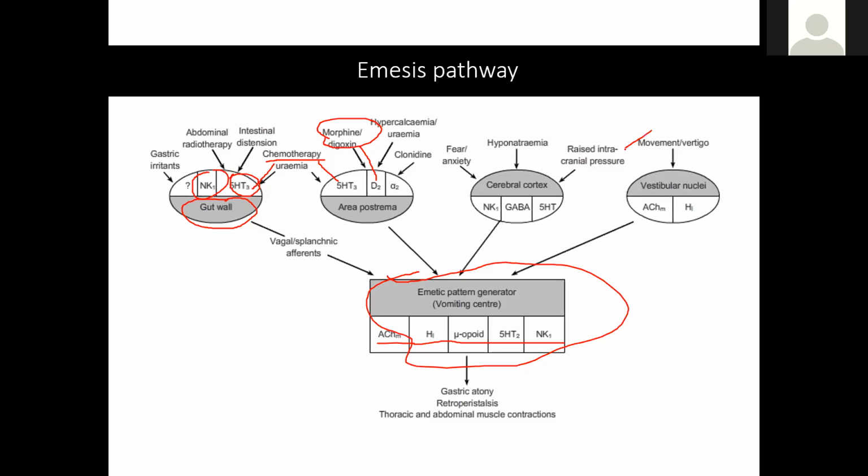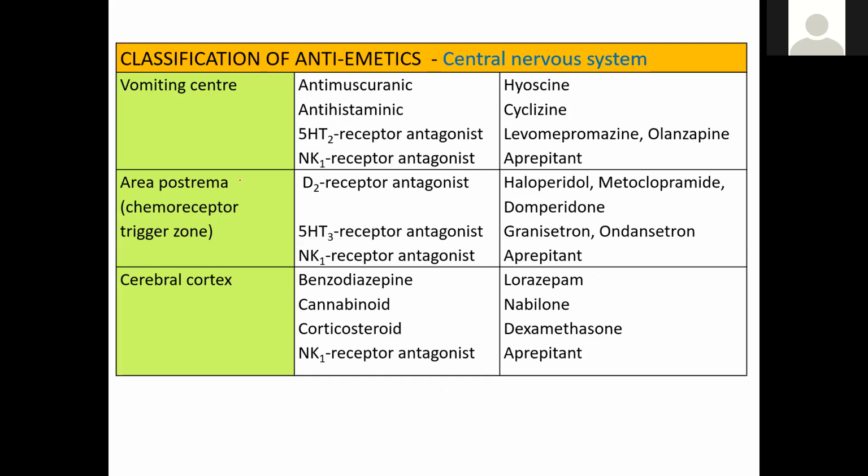In the end, see movement and vertigo. We know that it acts at the vestibular nuclei. What are the receptors? Acetylcholine and histamine. So you have to give acetylcholine blockers and antihistamines, H1 antihistamine. And this is how you can simply remember. It looks quite confusing in the beginning, but when you start seeing patients, suppose a patient comes to you and says, I have undergone abdominal radiotherapy and now I have vomiting. You can look at the picture: abdominal radiotherapy, probably it's 5-HT3 in the gut wall. So we need a blocker. So you can refer which drug would be blocking 5-HT3.